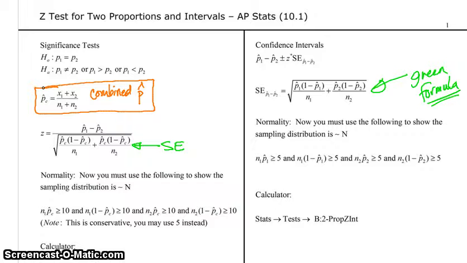We still have our three conditions, so we still need to remember that we will be SINing either way. It doesn't matter. So we have S for randomness, so SRS, that's to remind us about our SRS, our random allocation if it's an experiment. We have I for independence, and then we have normality. Now if we look at our normality condition,